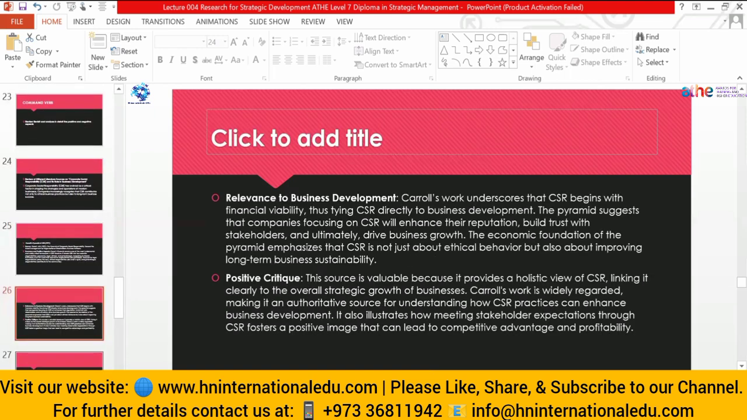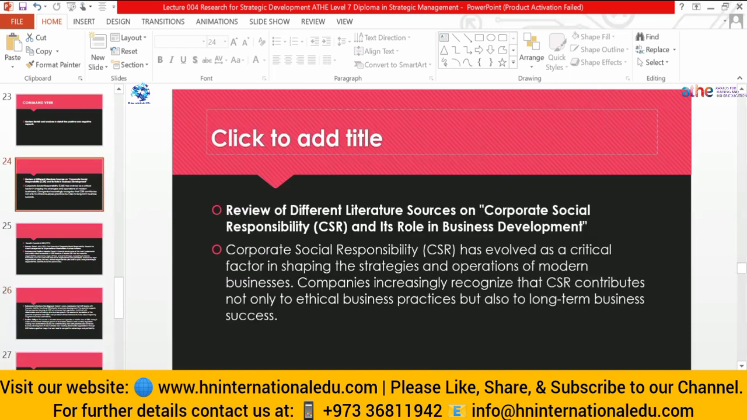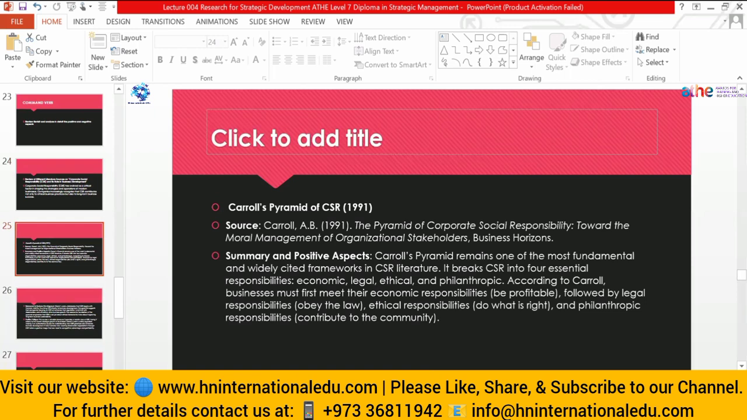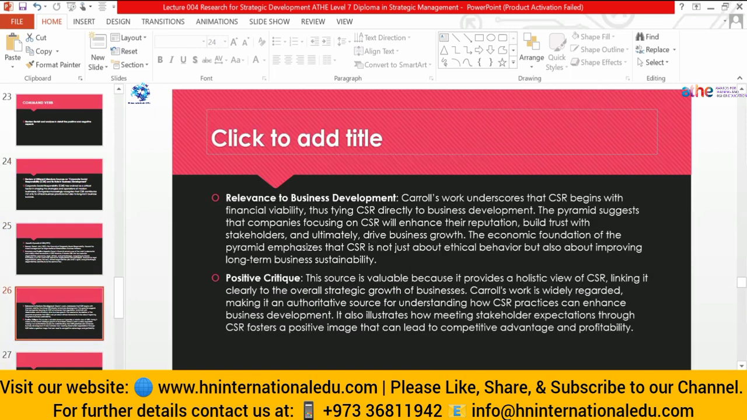Then, according to the command verb, first, relevance to the business development, because my topic, if you see, was not only CSR, it was business development. So I have to relate the outcome from it too. Like what it was. Carroll's work underscores that CSR begins with financial viability, thus drawing CSR directly to the business